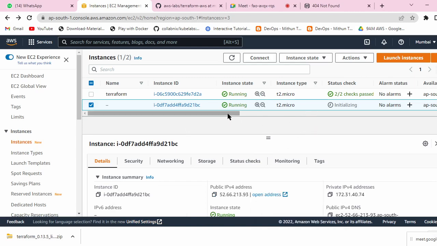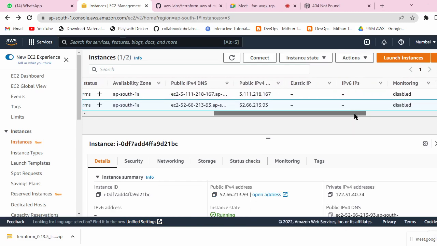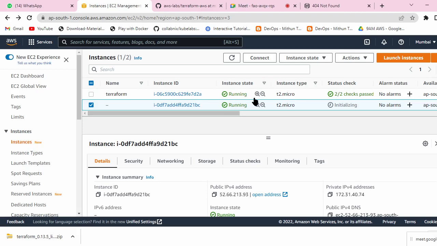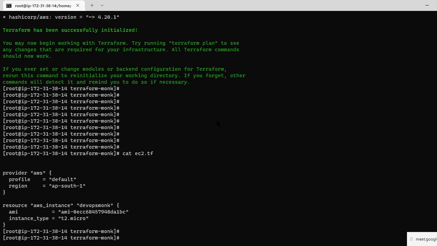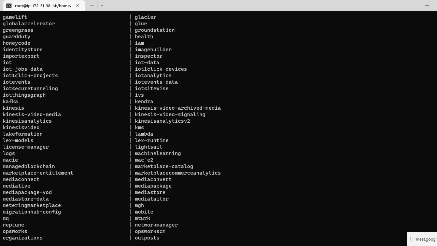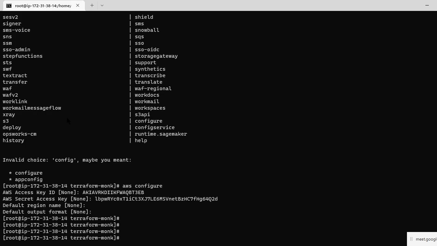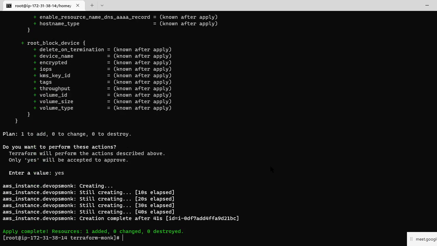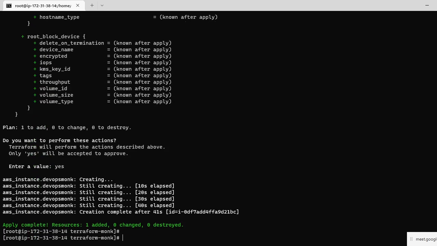And if I want to terminate this, I can go with a command in Terraform only. There are many commands here. So what can I use to delete?